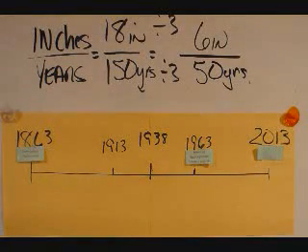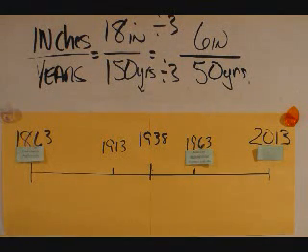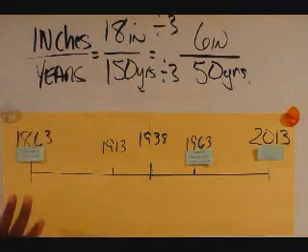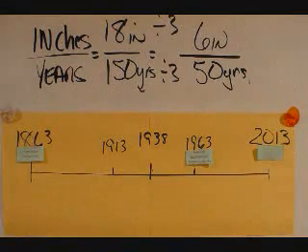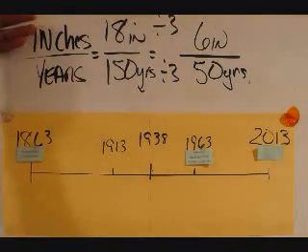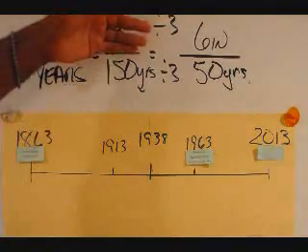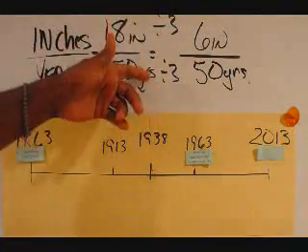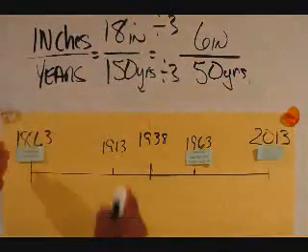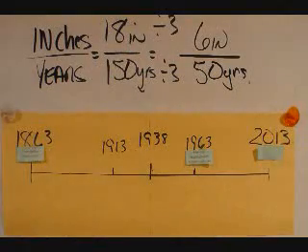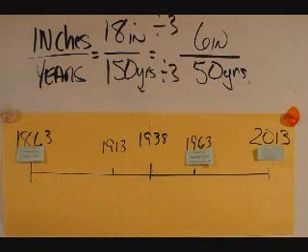So the first project, if you will, is to make the number line. We read, we go back, and we're marking the different events. Now, again, we talked about ratios. We talked about comparing inches to years. 18 inches is 150 years. If I divide by the same number, numerator and denominator, I'll get an equivalent fraction. Every 6 inches is 50 years. What about the 13th Amendment of the Constitution? Well, that was ratified in